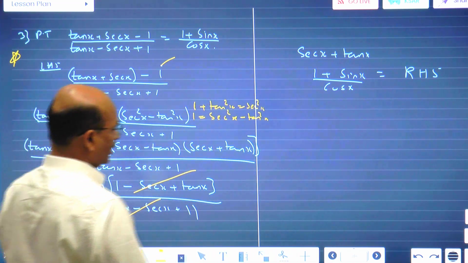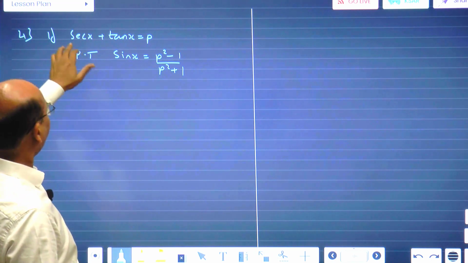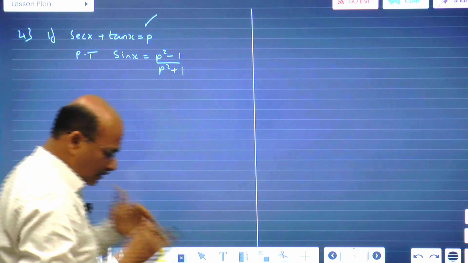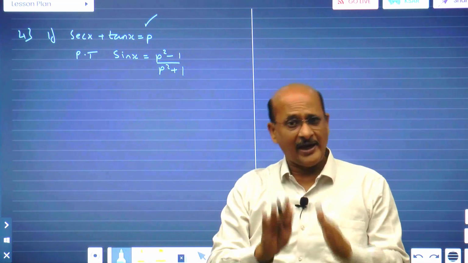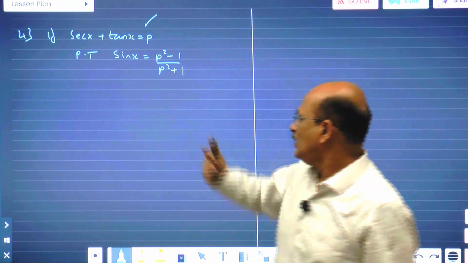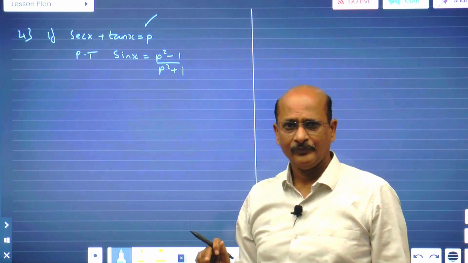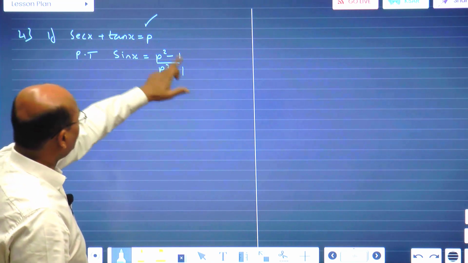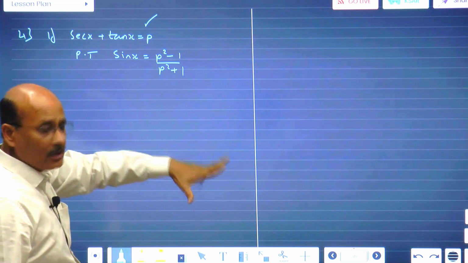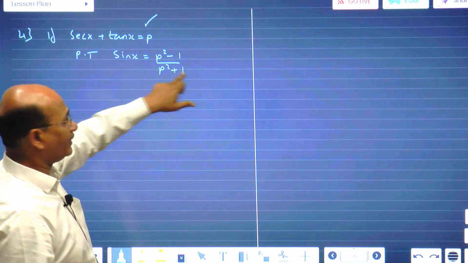Next part is very important now. Next question. This is a nice question, not a difficult one, slightly tricky. Why tricky? They say if this condition is given, see, in any sum, any trigonometric function, whenever anything is given to you, its relevance is there. Now they are asking us to prove sin x equal to p square minus 1 upon p square plus 1. Now there are many ways to do this sum, many ways. Either p is given to you, you put this p value over here and then solve it, or they had given you this, using this information you prove p square minus 1 upon p square plus 1